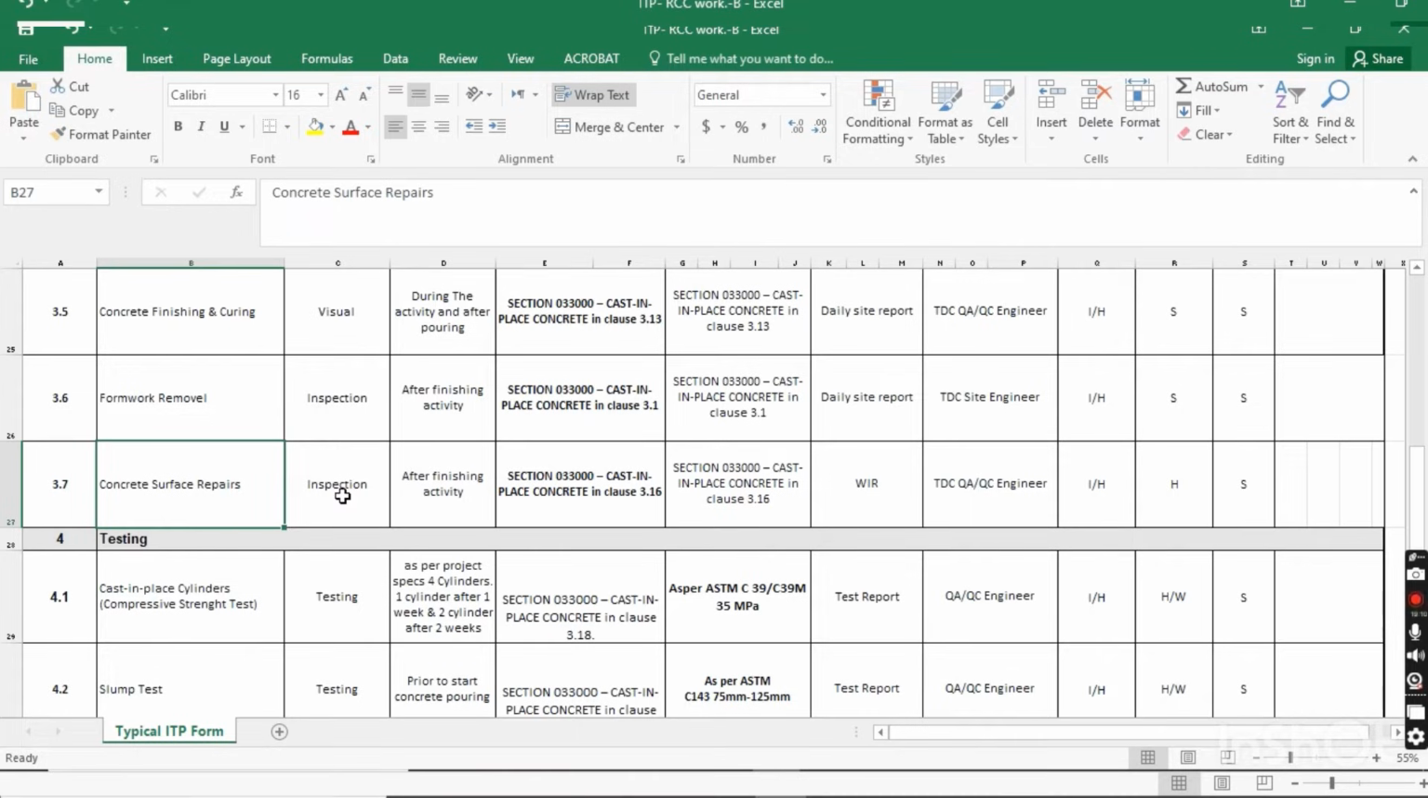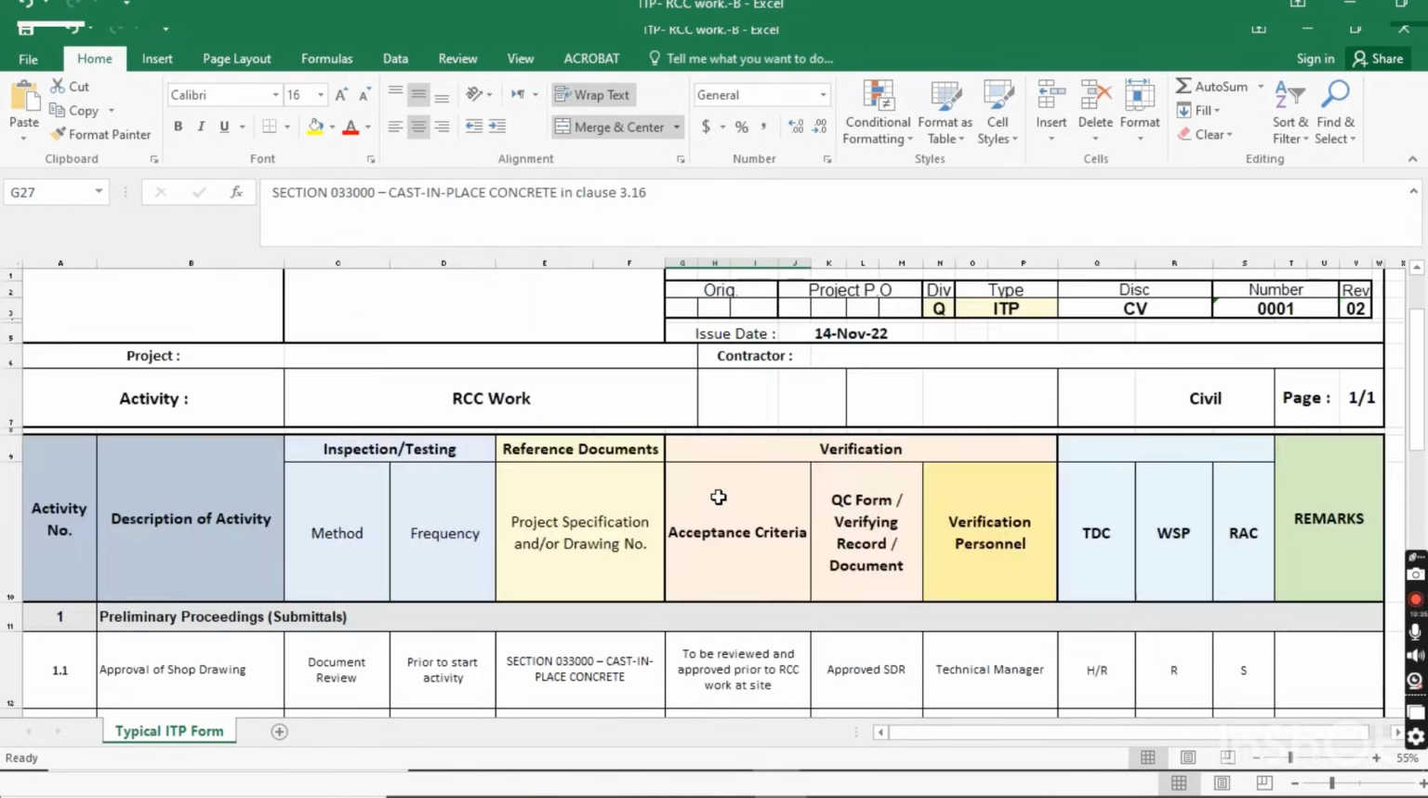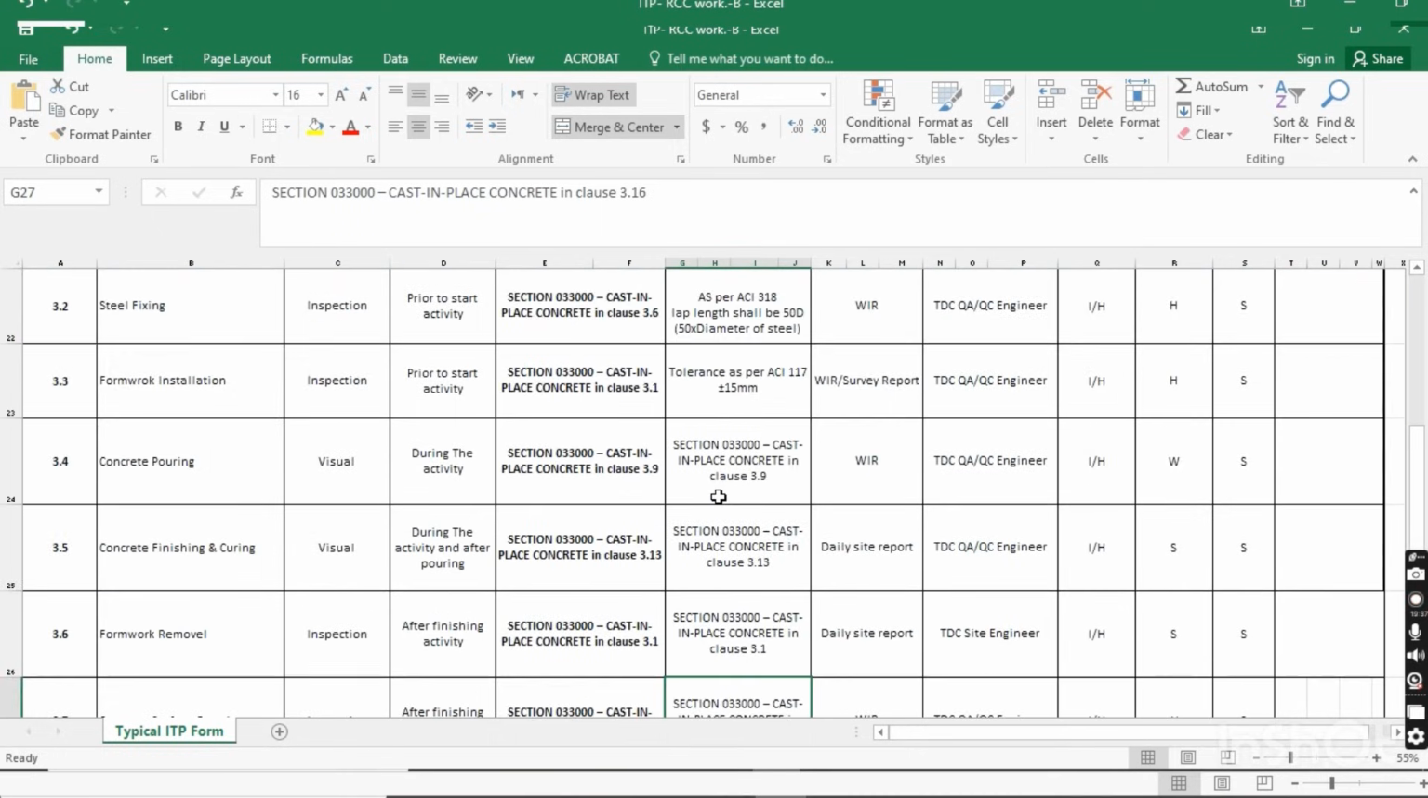When you complete a concrete surface repair, you have to submit a WIR for the inspection. After finishing the activity, the frequency is that when you complete the activity, you have to submit a WIR, work inspection request, and the consultant will do the inspection. You have to do the concrete surface repairs as per project specification, and it will be accepted if you follow the project specification. So it means acceptance criteria,